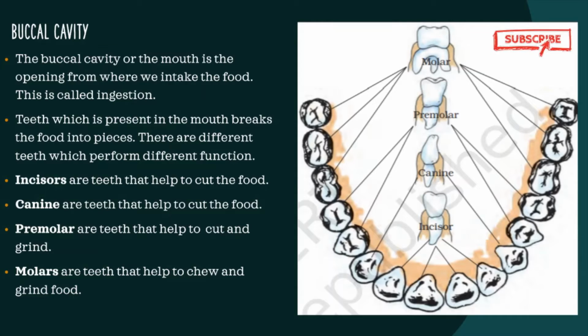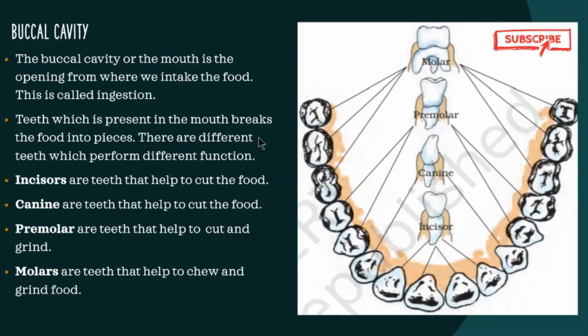That is called ingestion, as I have discussed earlier in the types of ingestions. The part from which the food gets ingested is the buccal cavity. Now you have learned that. So now there are teeth in the buccal cavity, which help to chew the food. So the mode of ingestion in humans is chewing. So there are teeth which help in chewing the food.